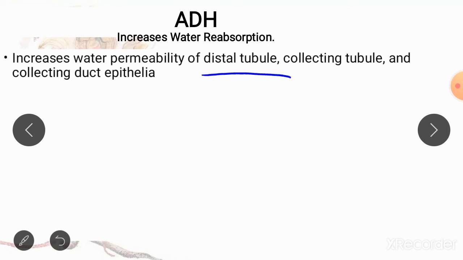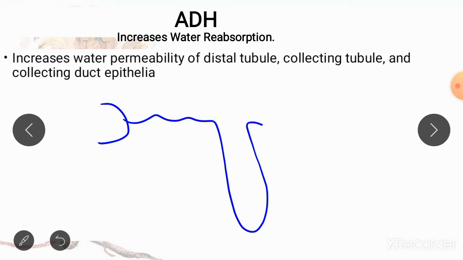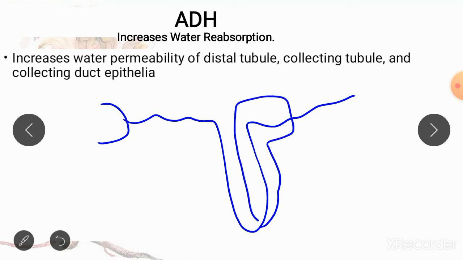Then we have antidiuretic hormone, which also causes increased water reabsorption, and it is responsible for the permeability of the late distal convoluted tubule, collecting tubules, and collecting ducts. I have already mentioned before that your nephron has different permeabilities in different parts. The proximal convoluted tubule and thin descending limb of the loop of Henle are very permeable to water. The thin ascending limb, the thick ascending limb, and the early distal convoluted tubule are impermeable to water no matter what. Your late distal convoluted tubule, collecting tubules and collecting ducts are permeable to water only in the presence of ADH.